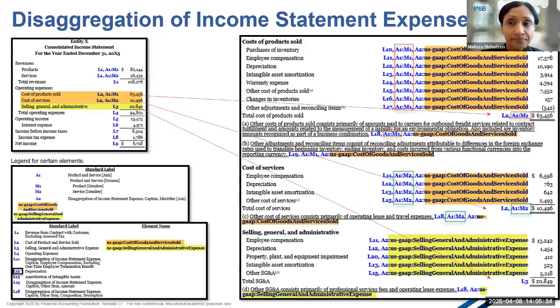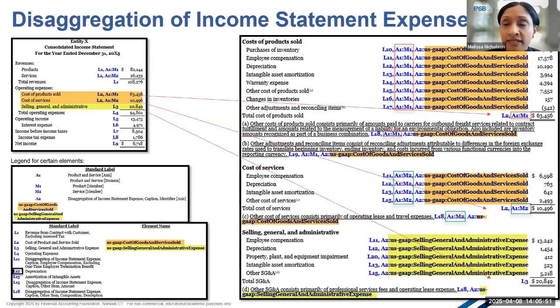Now, in addition, the axis and member elements for the cost of product information, which is shown here with the A1 product and service axis and M1 member in the red box, is also intended to be applied.